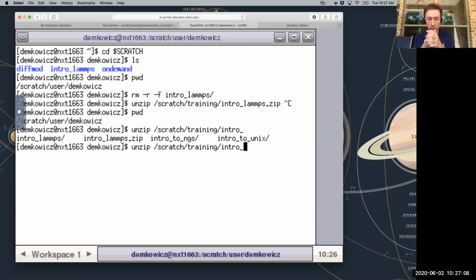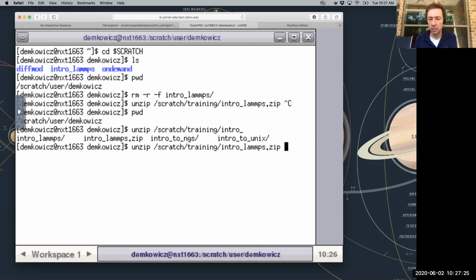So we have intro underscore. I haven't finished yet, so we have to do L and then press tab again. That auto-completes to lamps, but not lamps.zip yet. And then dot and then zip.